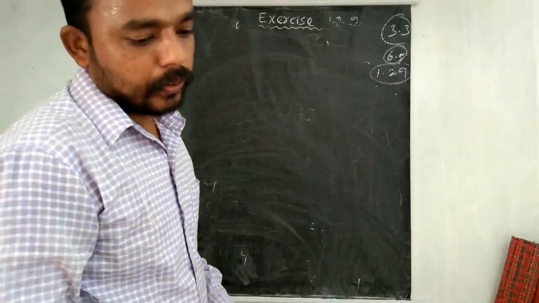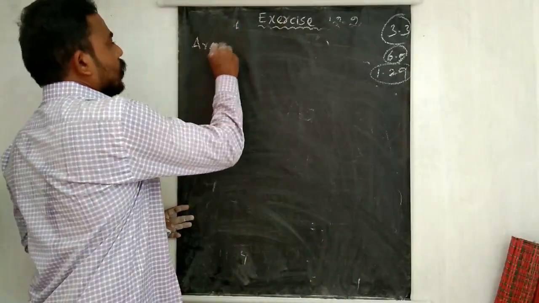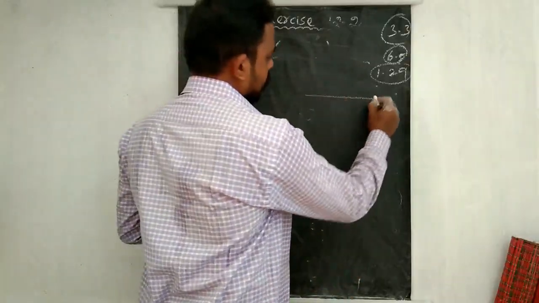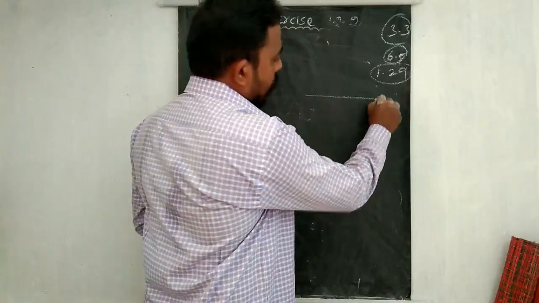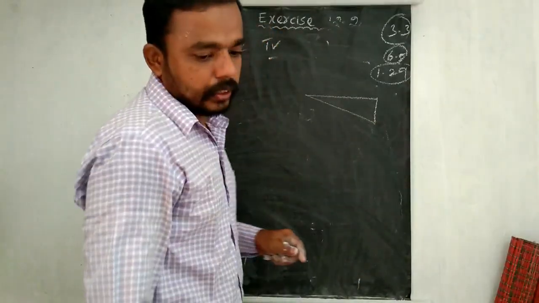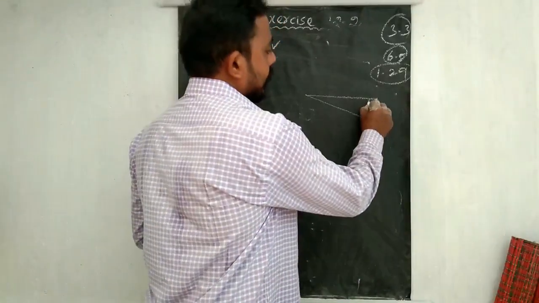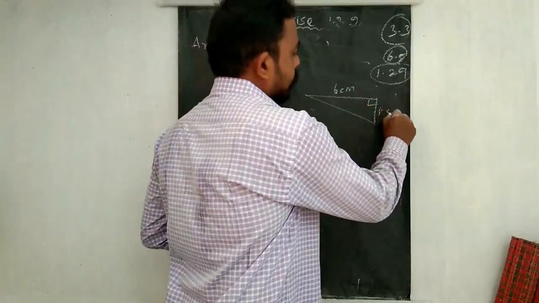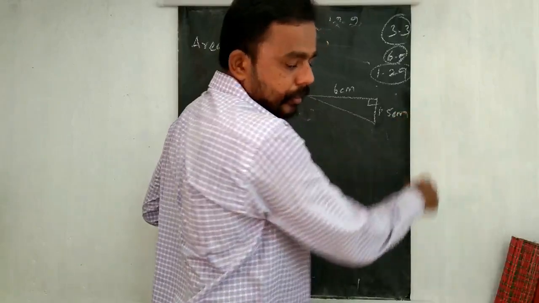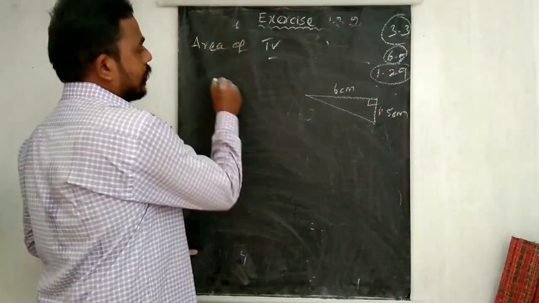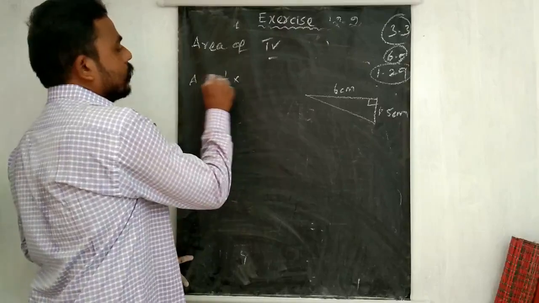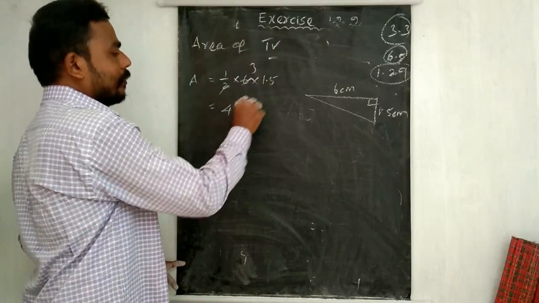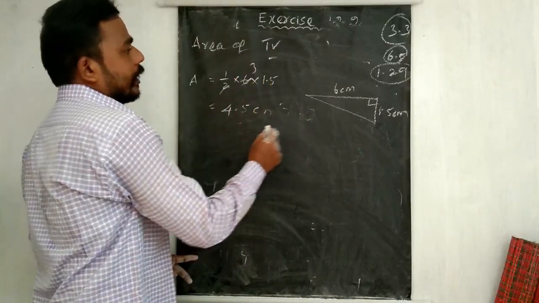Now come to the fourth one and fifth one. So the areas of fourth and fifth are equal. Compared to the fifth one, the area is given. It's like a right angle triangle. For that, this one is 6 centimeter, this is 1.5 centimeter. So now the area of the triangle equals 1 by 2 base into height. So 1 by 2 into base 6 into height 1.5. So 3, so 4.5 centimeters. So area 4.5.